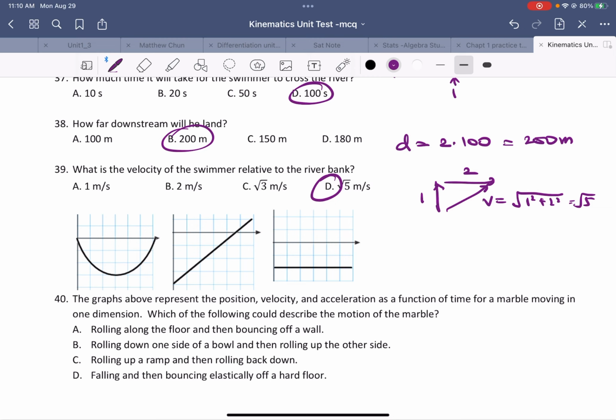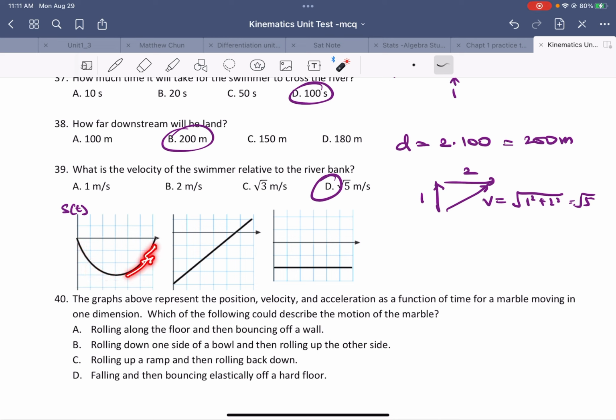Number 40. The graphs above represent position, velocity, and acceleration as a function of time for a marble moving in one dimension. Which of the following could describe the motion? If you think about this as position here, S of t, then you see that this one goes down here, and then starts from here going back up. And you can see from the gravity, let's say there's a rolling ball, right? So this one keeps going down, and your velocity is going this way. The slope is negative, and now increases, and then at that time your slope is right here, 0,